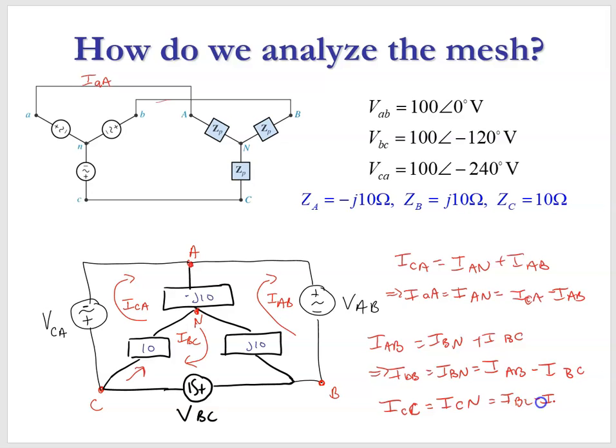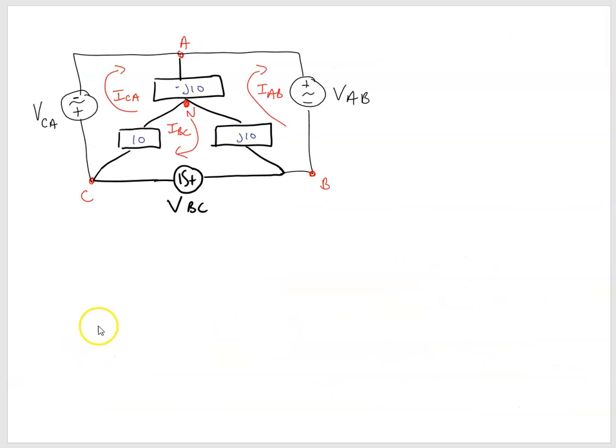IBC minus ICA. So let's go ahead then solve for these mesh currents. Now that we have this in a mesh, this looks very similar for us to be able to solve. As we go through and solve, we do have to be a little bit careful. We do our meshes clockwise. So now when we do this first mesh, I guess we'll start here at IAB just because we typically do A's first. So in our IAB mesh, we end up with